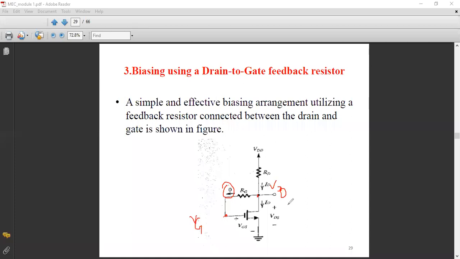Okay, so the potential difference will be 0, which means that VD is equal to VG. Whatever voltage you get at the drain will be the same at the gate as well. Because of this, the potential difference is 0 and the gate current is 0, so the current through RG will be 0. So VD equals VG. Please note this down: the voltage at the drain will be equal to the voltage at the gate terminal.